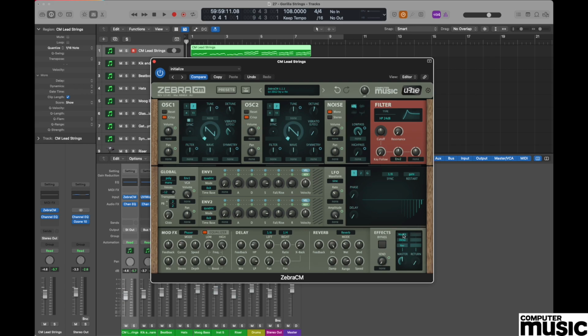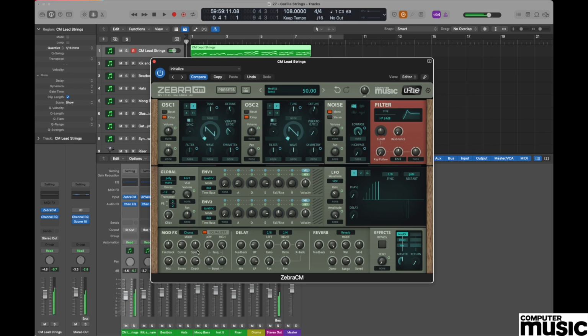Moving down to the bottom right-hand side of the plugin, you can see a section that says Mod FX. If you double-click on that, it will activate that section of the effects. You can now move over to the Mod Effects section on the far left-hand side, and we're going to select the chorus from the Mode drop-down menu. You'll now hear a sound like this. You can then alter the settings to suit your purpose, but we quite like a more generous mix and also